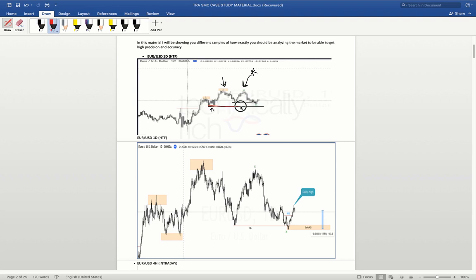So our real break of structure on the higher time frame is going to come when they finally break this level. That is when we know we have a break of structure on the higher time frame. But now this is where the market is. Now on the higher time frame,